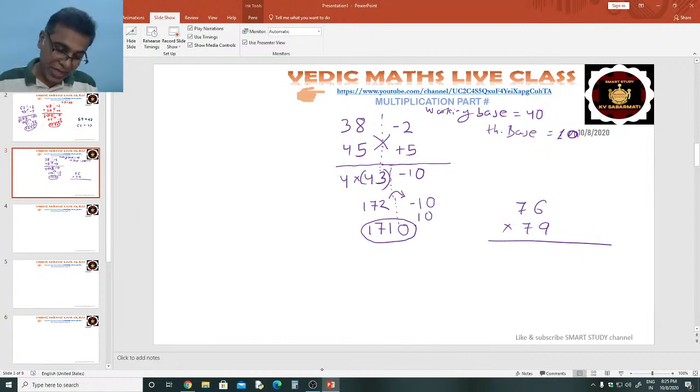Whenever you are doing any type of multiplication, here you can see that unit digit is 6 and 9. In both the numbers unit digit is 6 and 9. So 6 nines are 54. You can see 6 and 9, 6 nines are 54. So unit digit will be 4. It should not be 8. Okay, Bhavesh Misra, very good, beta. I hope this is clear to you.